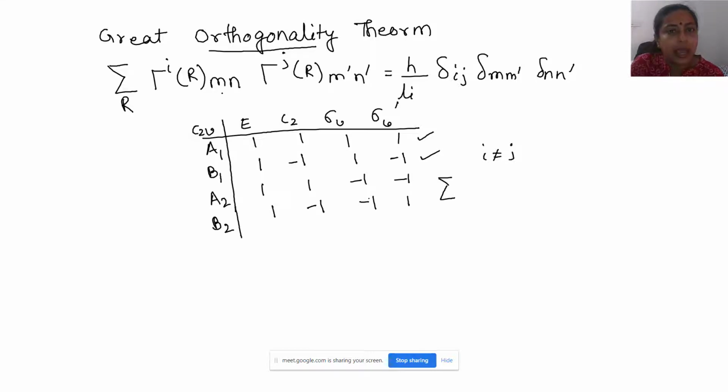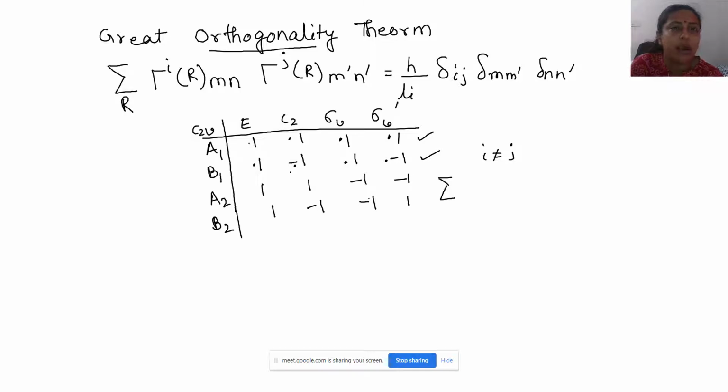So m equal to m prime. So this is the 1,1 element. I am going to multiply this into this, and then this into this, and so on. Here, as every element is a matrix element of a 1 by 1 matrix,